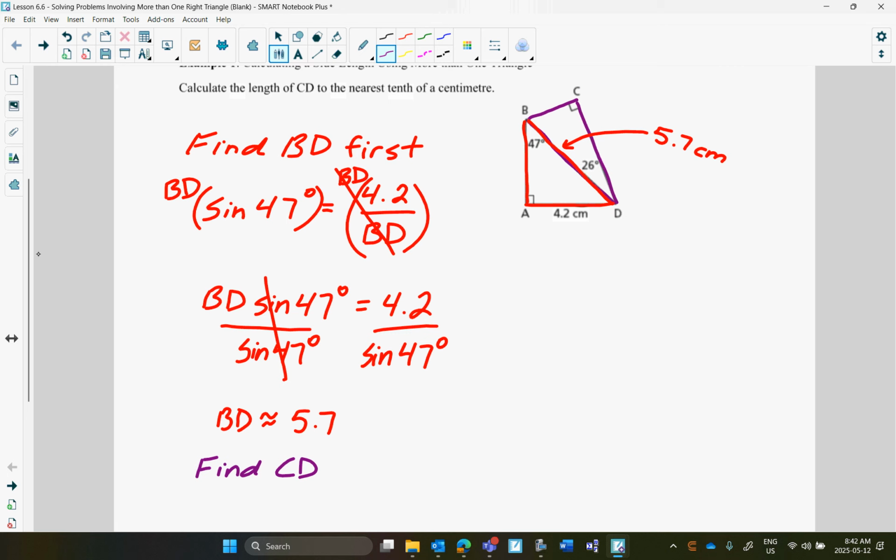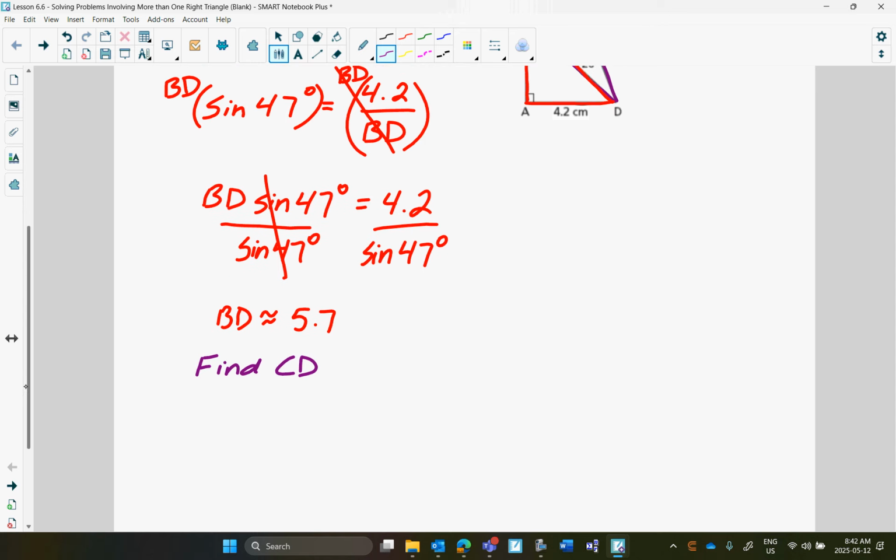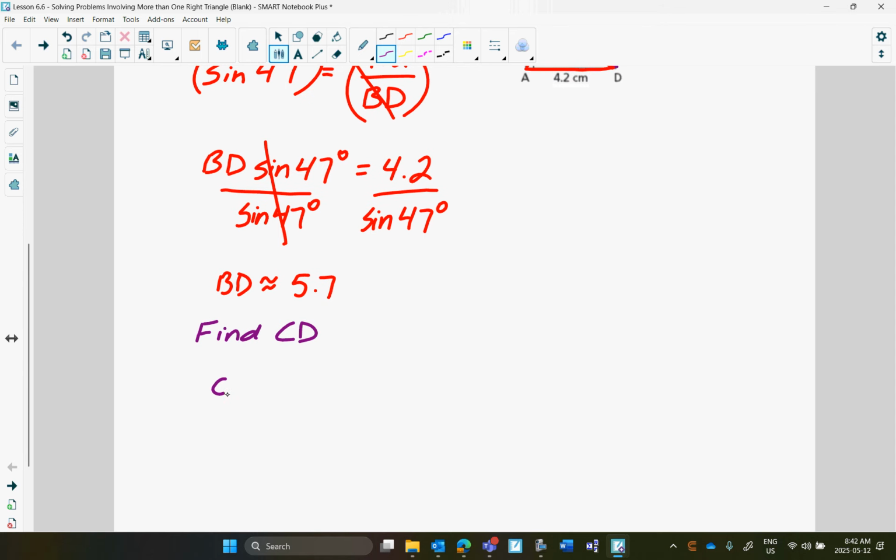So now you're focusing on this right triangle. So here's our angle. What's the name of this side? Adjacent. What's this side that I'm given? Hypotenuse, so that means cosine. So the cosine